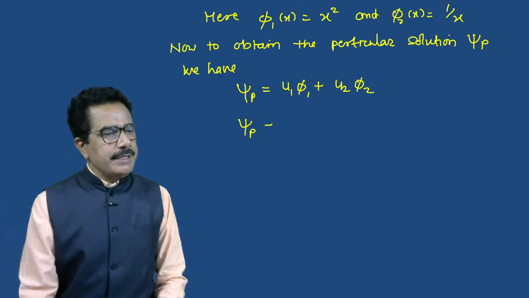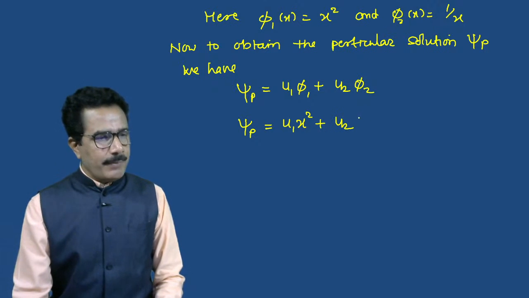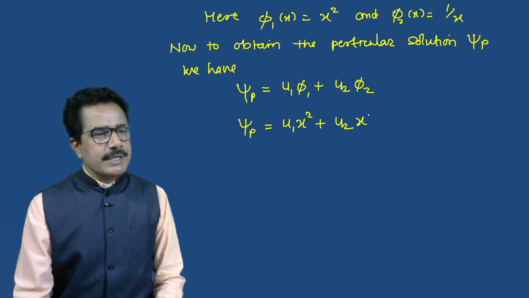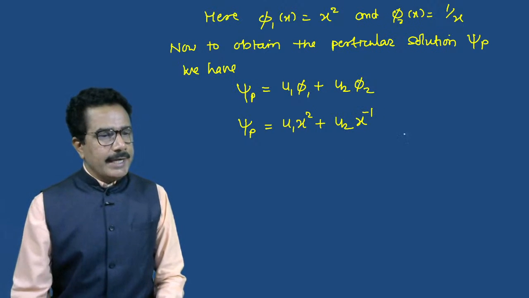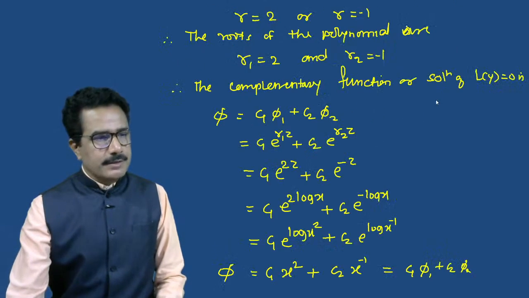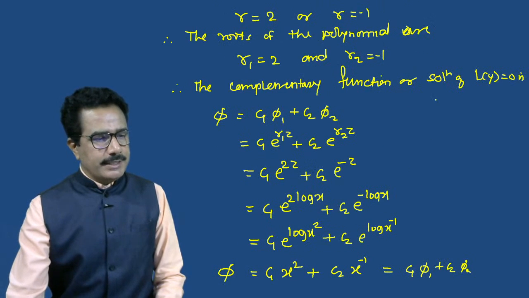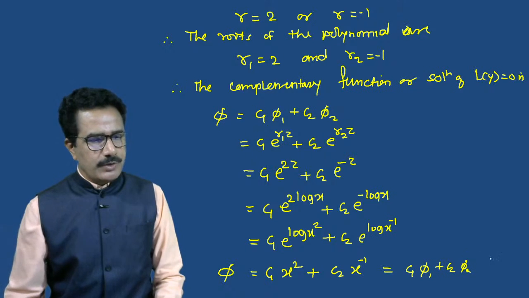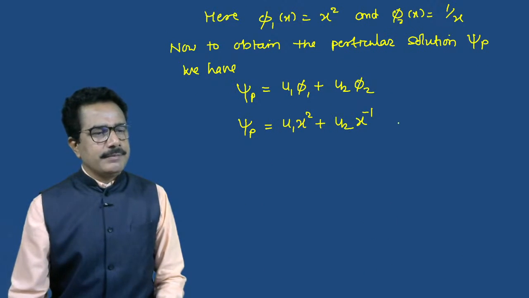So Psi-P is equal to u1 x square plus u2 phi2 means 1 upon x, or we can write x raised to minus 1, where, see this, what is the equation number, we can write this as equation number 6. Suppose we write this as 6, this is 7,